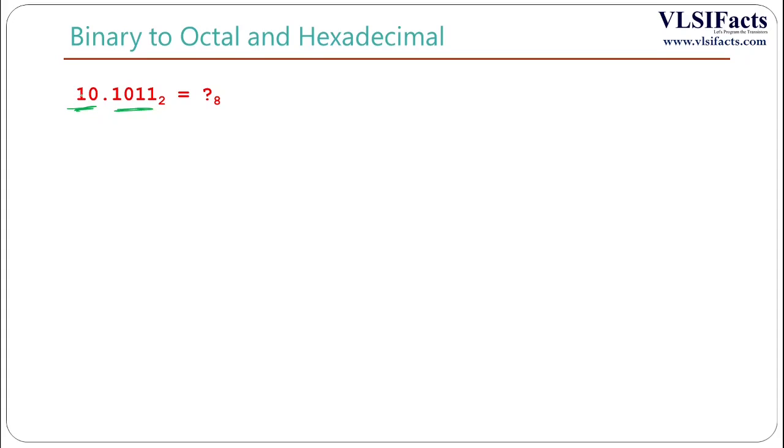Before the decimal point we have only 2 bits, so we will append a 0 and group them, and after the decimal point we have 4 bits, so we will group them into 3 bits. Finally we find a single bit remained, that is 1, so to make it a 3-bit group we will append 00 after it. So now if we write down the equivalent octal number of these 3-bit groups, this will be 2, this will be 5, this will be 4. So the equivalent octal number will be